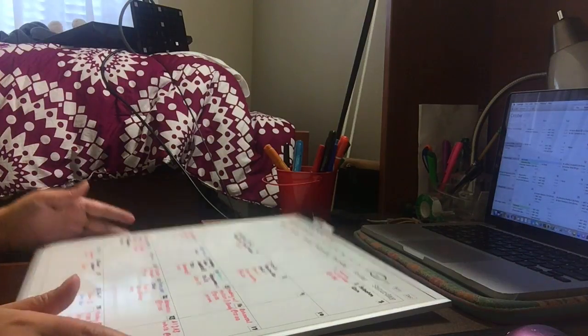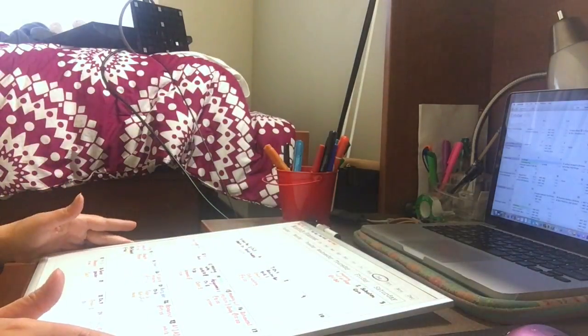I know it's a couple months into October already, so I probably should have already done this, but I wanted to show you guys anyway how I do it and what goes into it. So I have my monthly calendar here, but let's go ahead and get into it. It is a whiteboard calendar,